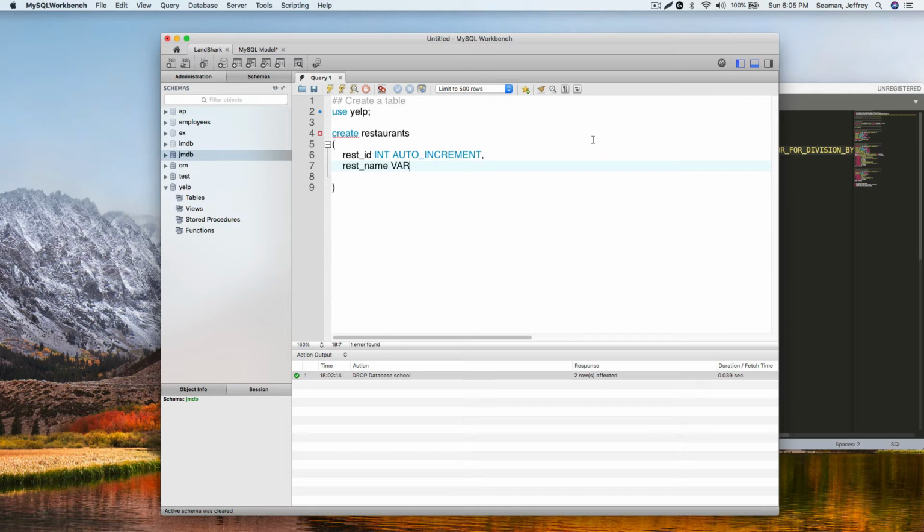And we'll call it, say, varchar 50 should be enough. We'll type in not null. What that means is when values are being added to the table, it can't be null or it will not work. Okay. We'll have a constraint,